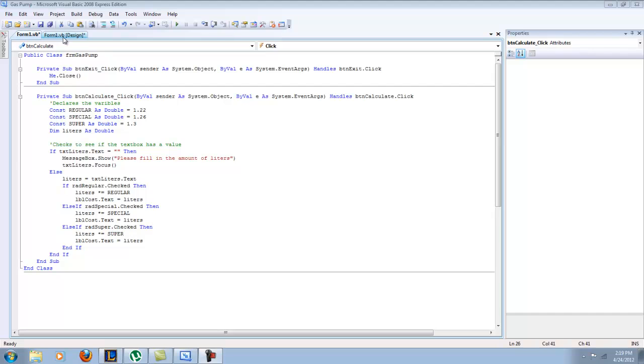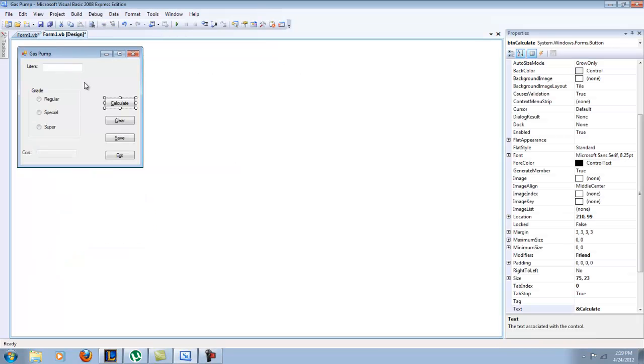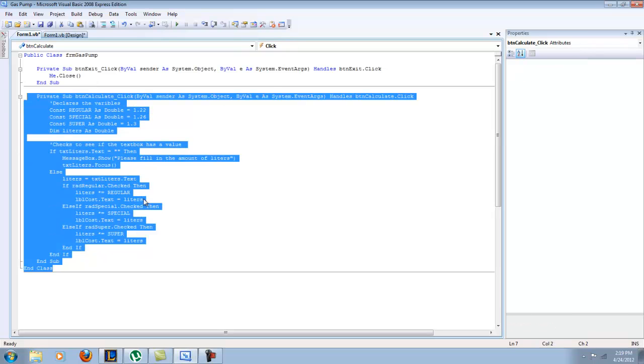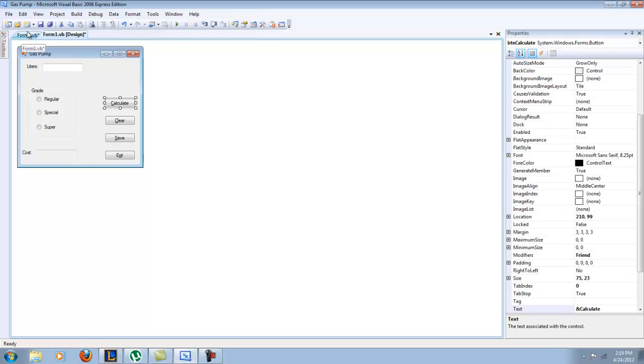Alright guys, this is part 2 of the gas pump. So if you didn't follow along the first time, I would recommend going back and doing that. We did this right here, and we also did the form layout. So